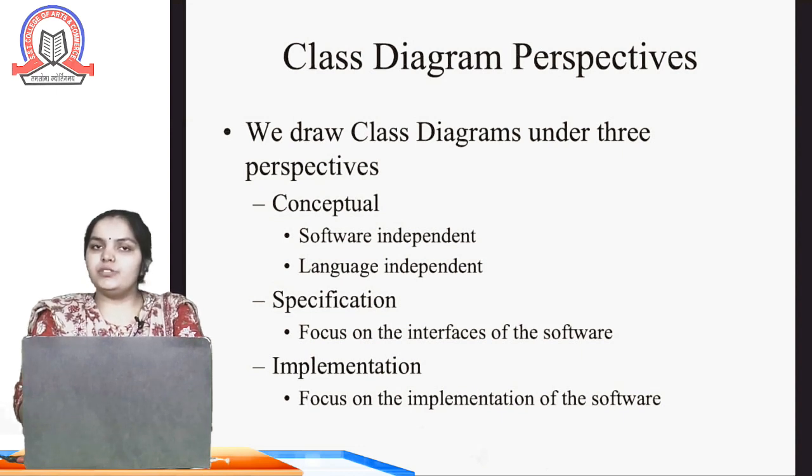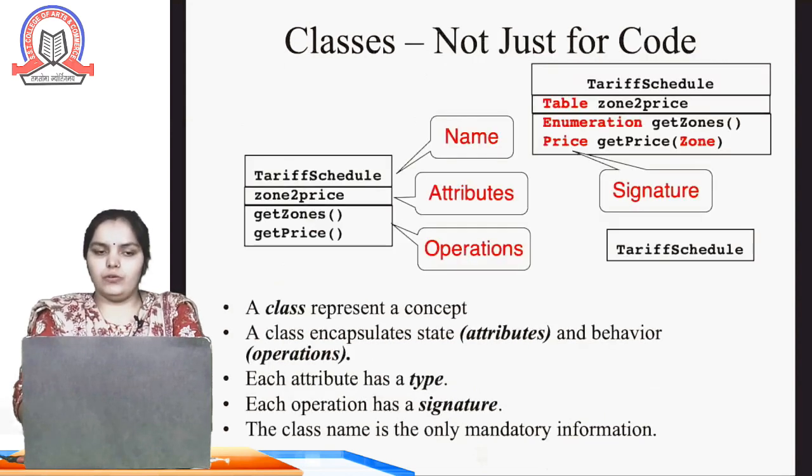The third perspective is implementation, which focuses on the software. Class diagrams are not just for code, they are also for UML, the modeling language. A class represents a concept of the software, and